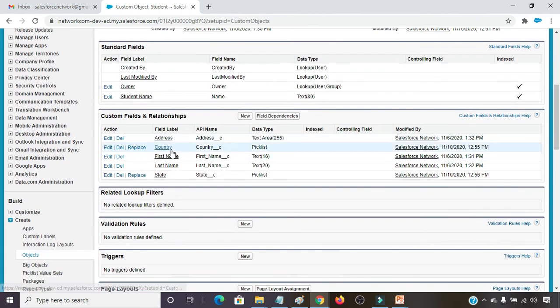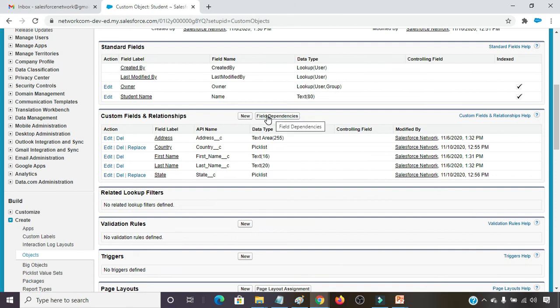So here we are able to see country and state. The data types of both of them are pick list. Country__c is the API name and state__c is the API name of state.